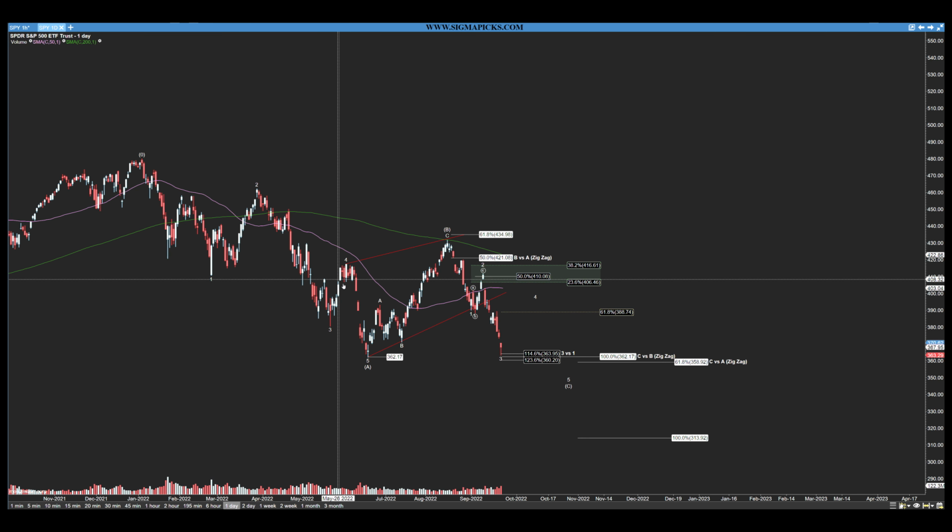Just going back and looking at our larger time frame, we can see also, let's just quickly point this out. We can see that the third wave is longer than the first wave so far. Okay, so that meets that criteria. We know it is at symmetry. Okay, this is the double bottom I was talking about before. And we can say that if